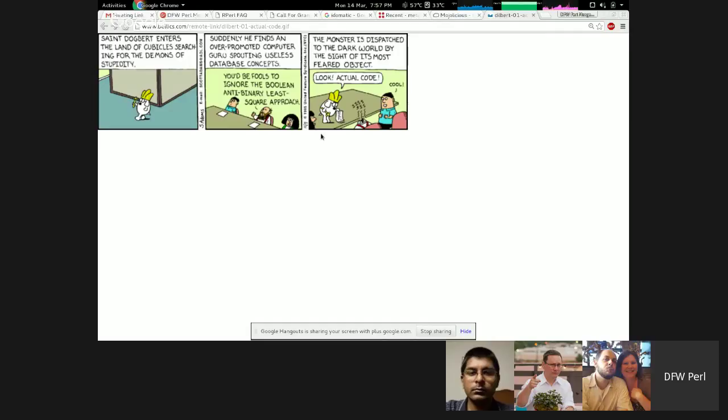Nobody's ever worked with anybody like that. The monster is dispatched to the dark world by the sight of its most feared object. Look, actual code! Cool. Actual code. Working code wins.